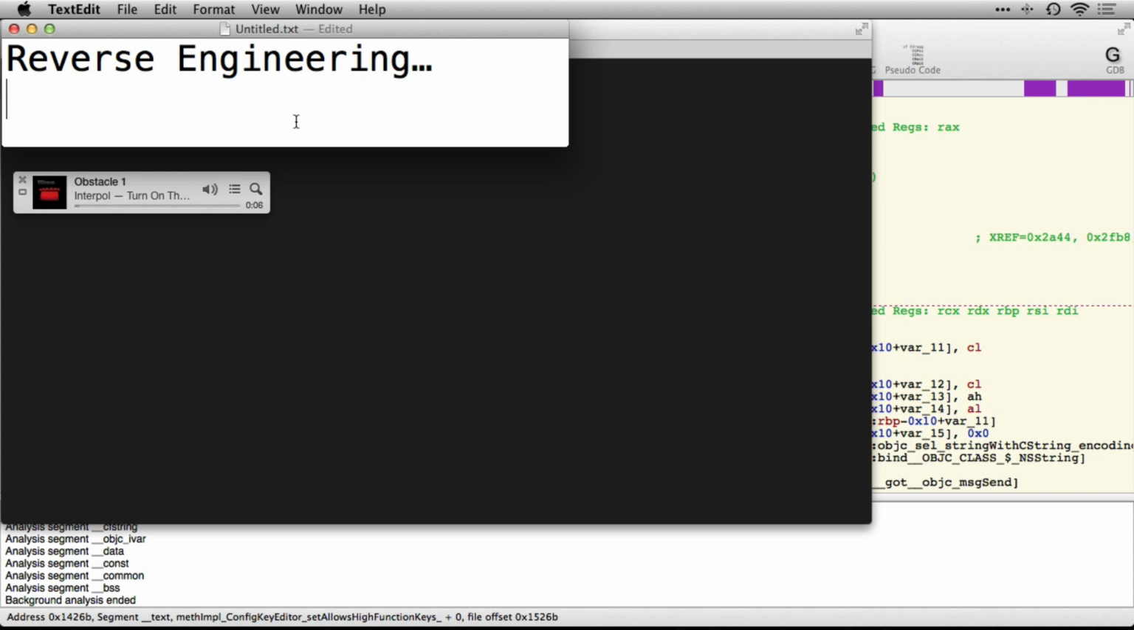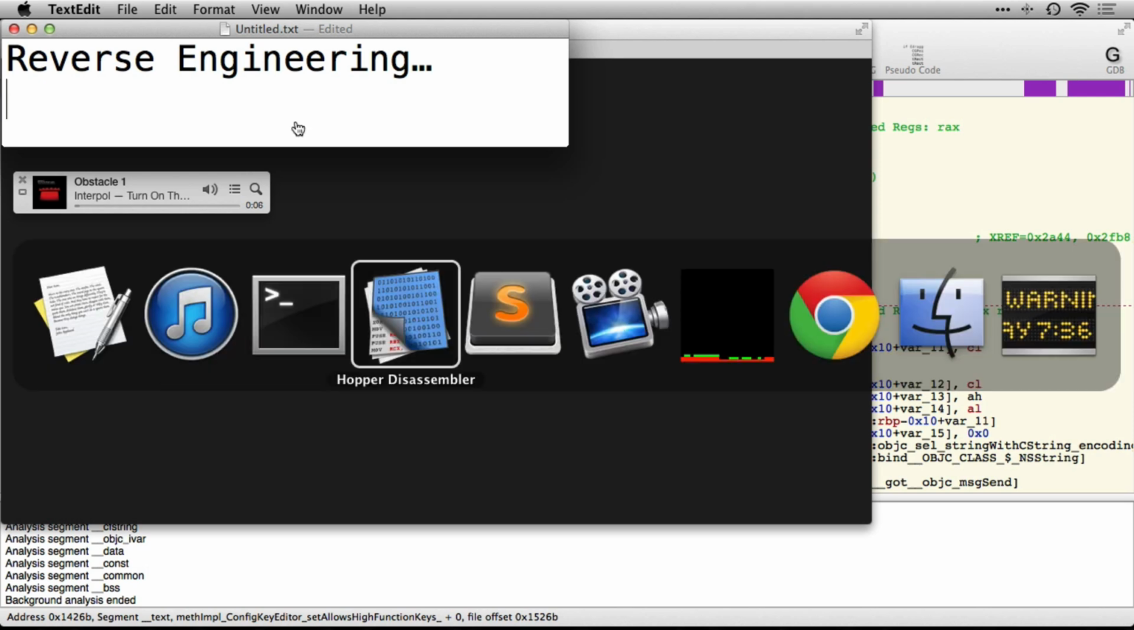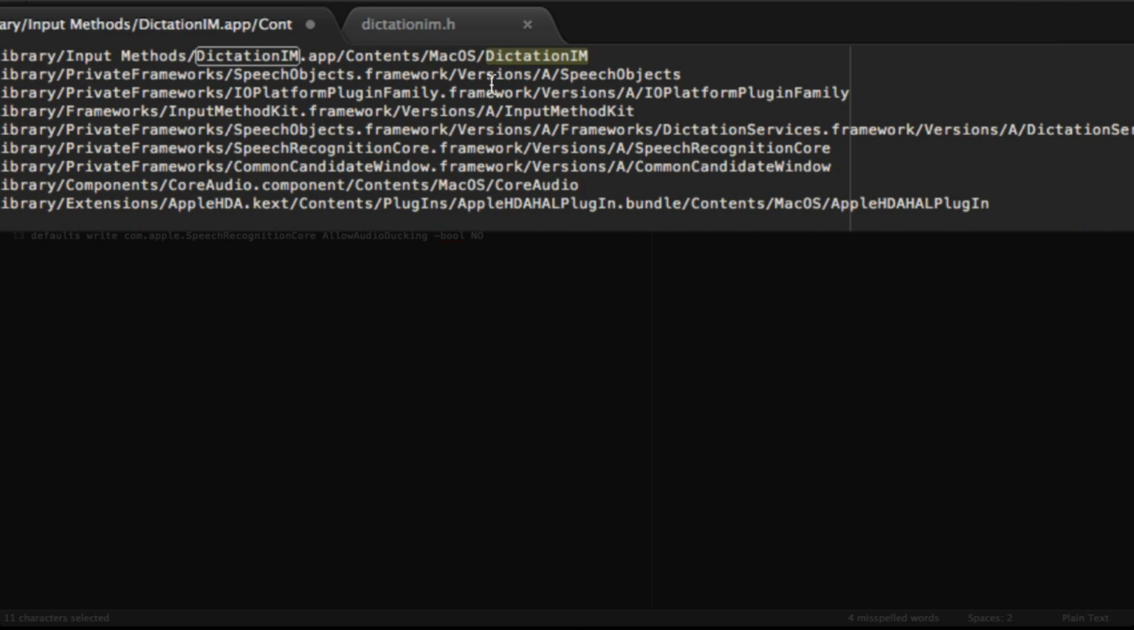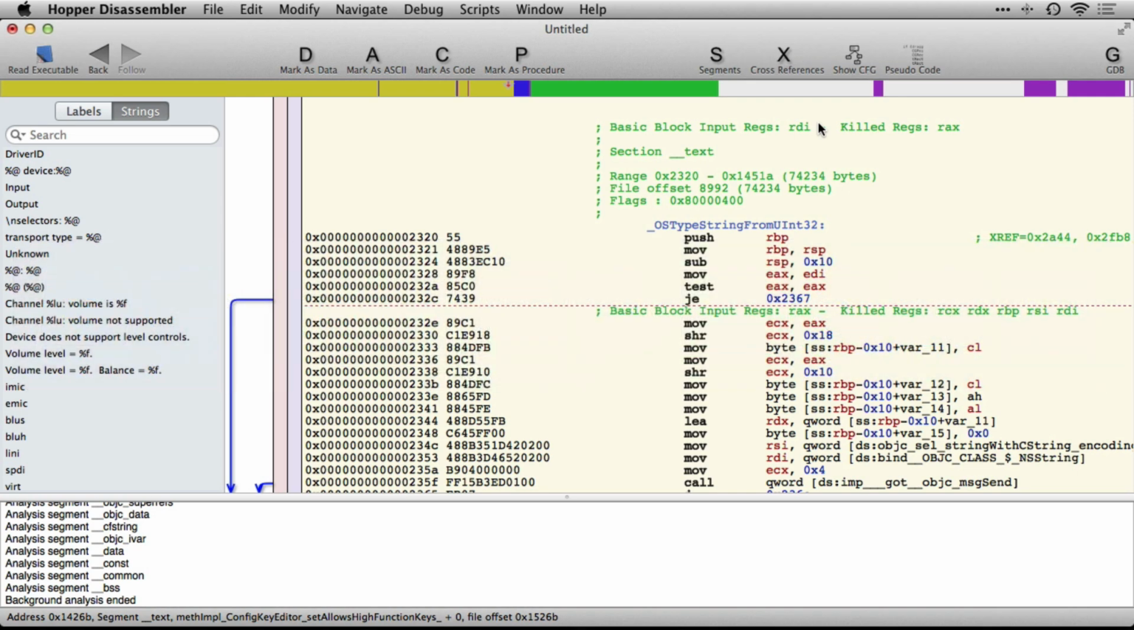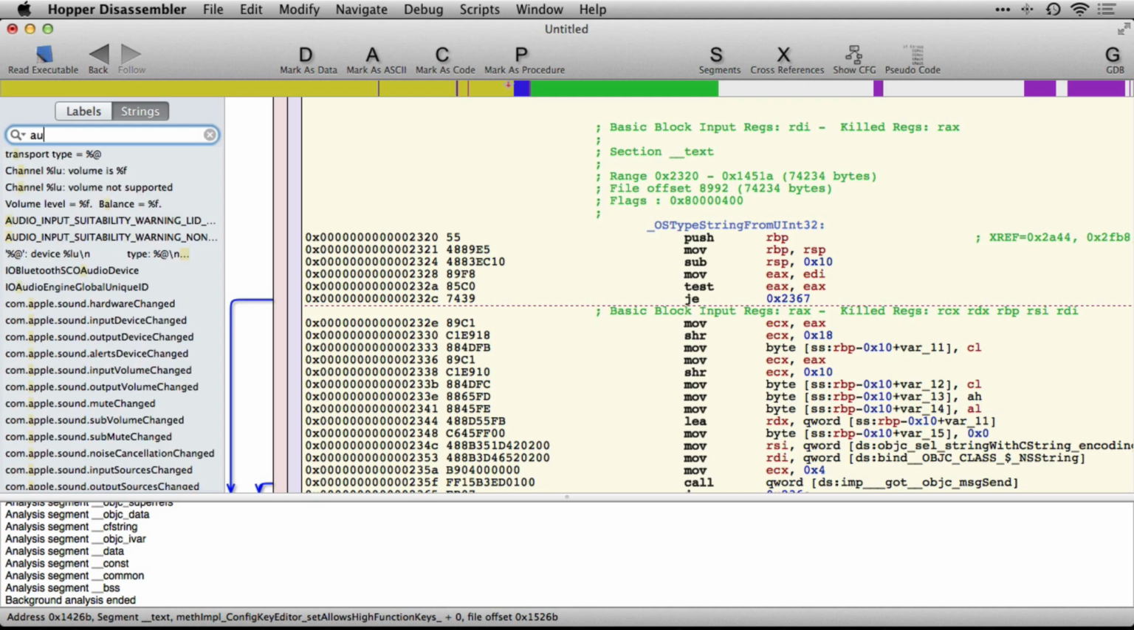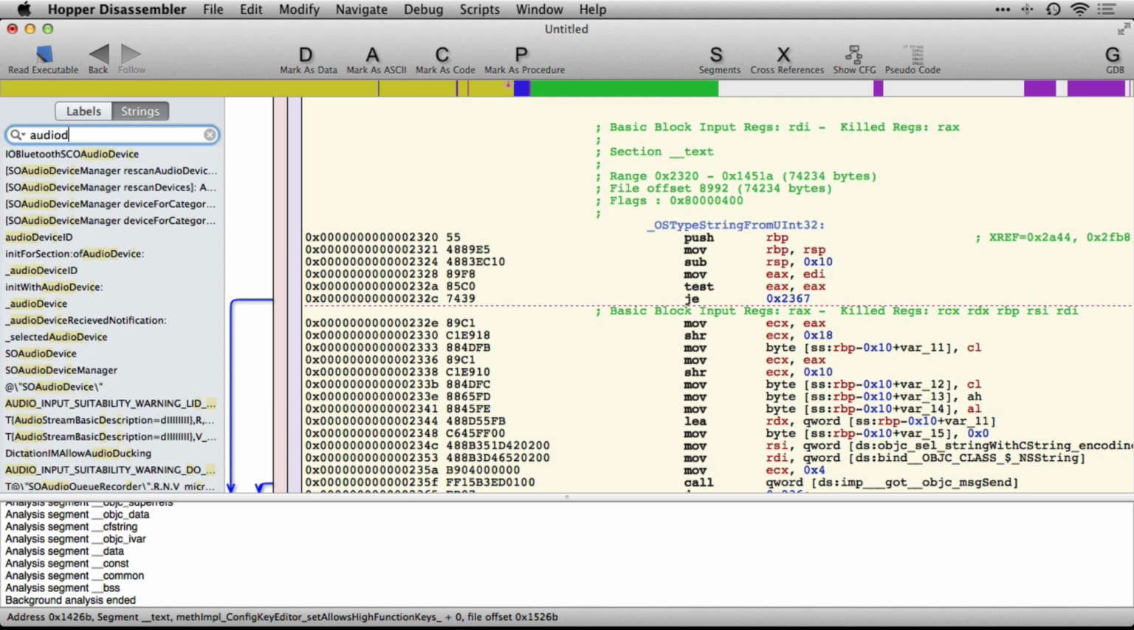Okay, I just spent a few minutes looking at the other executable pieces that are inside of Dictation IM when it's running. If you remember, I captured the frameworks that were loaded inside of Dictation IM, so I can go through each one of these and now start looking for preference strings that make sense to me. And what I did was this one right here, Dictation Services, I opened that in Hopper and I started to look for the strings that we now believe control the audio silencing or the audio ducking. And if we look for the string, I say ducking,